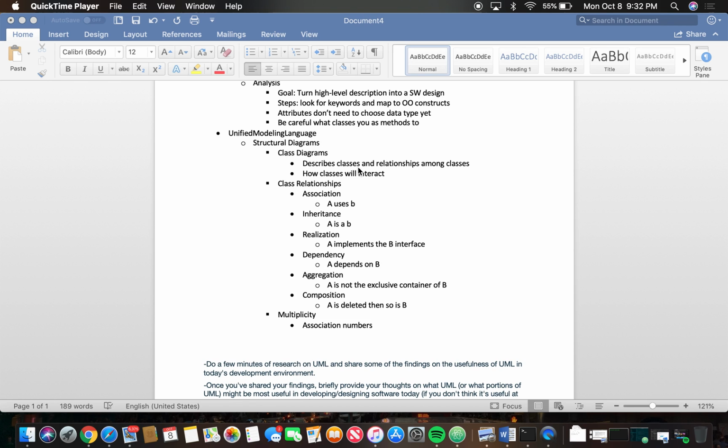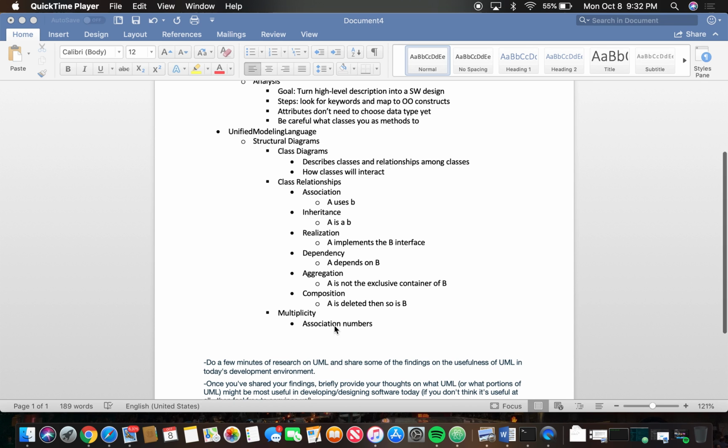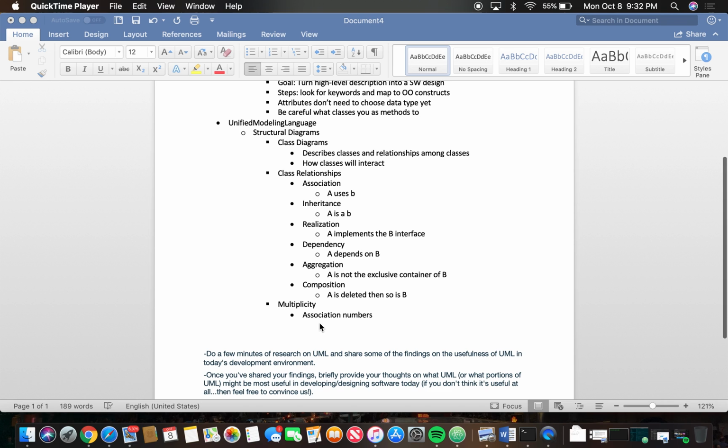So for class relationships, there's association, which is A uses B. Inheritance, where A is a B. Realization, which is A implements the B interface. Dependency, where A depends on B. Aggregation, where A is not the exclusive container of B, and composition, where if A is deleted, then so is B. And the multiplicity of this is the association number, so it could be 0 to 1, 1 to 1,